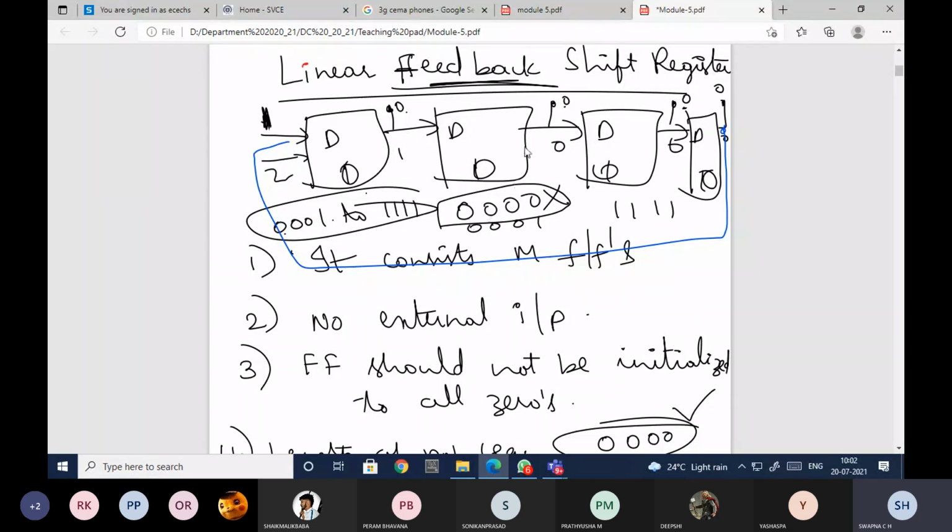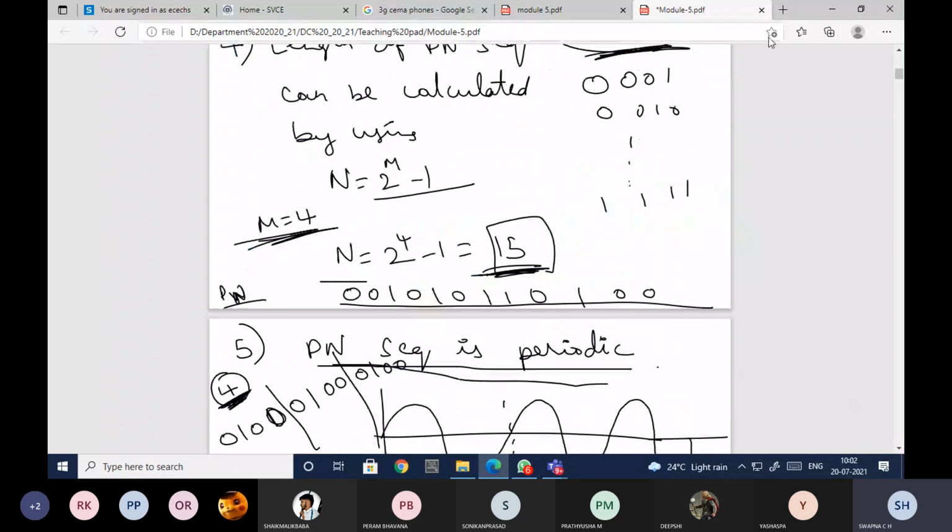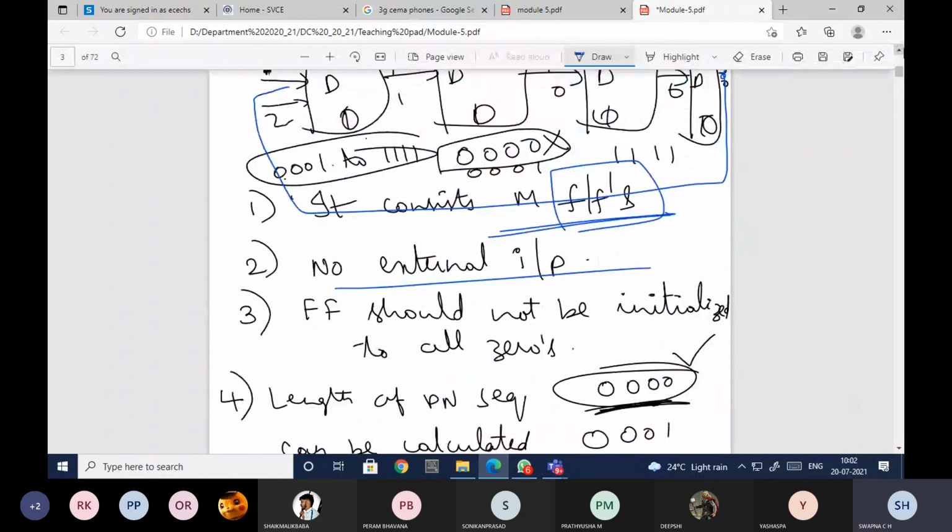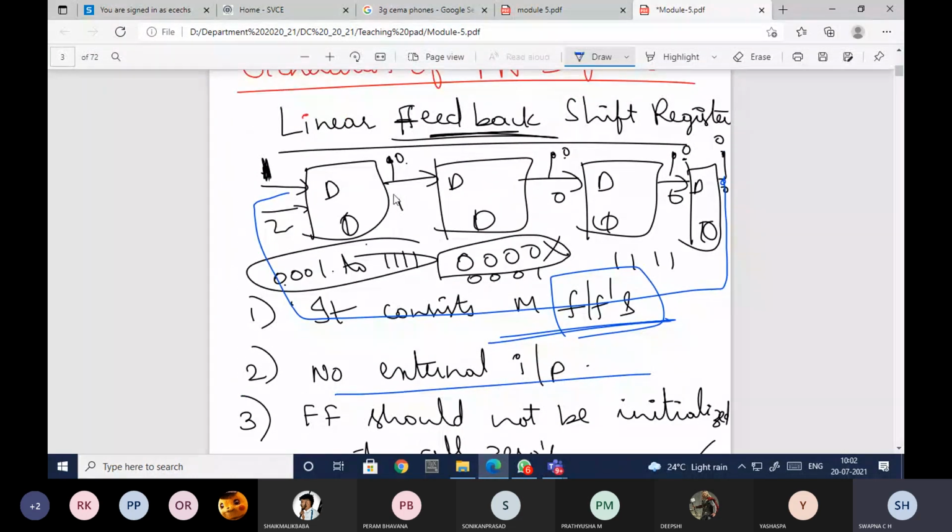Here we are using shift registers and M flip-flops to realize the register. We know very well that we need flip-flops, so here we'll be using M flip-flops. As I've mentioned, we'll not be giving any additional input. When we are shifting the data, initially we initialize all the flip-flop outputs to some particular sequence.